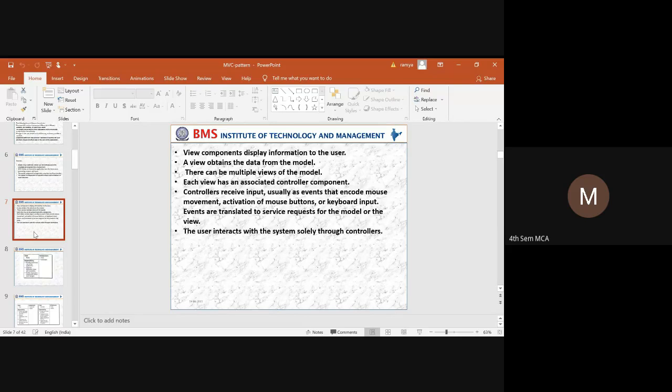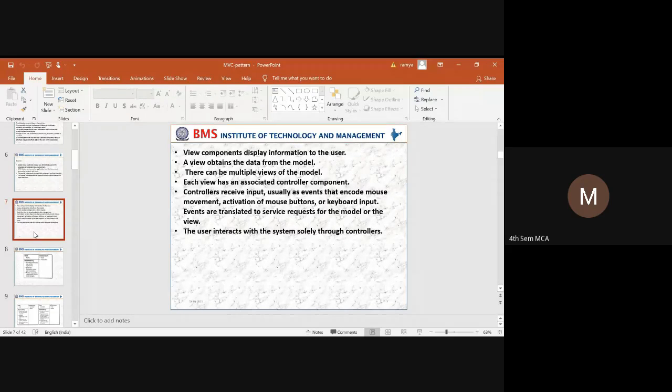And the next thing is, what are the different view components that we have? When we are taking a view component, it has to display all the information, whatever the data is there. All the data has to be represented in a proper format without leading to any ambiguity. To represent that, we are going to consider multiple views. So how can we do that?